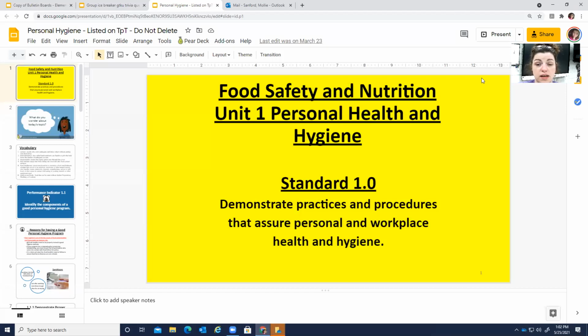Okay, so first thing you want to do is pick out which Google slide or PowerPoint you want to use. If you don't have Google Slides, you can just use your PowerPoint, but you do have to convert it to Google Slides and upload it to your Drive. I'm sure many of you already know how to do this. So this is a food safety and nutrition, the Unit 1 personal health and hygiene Google Slides